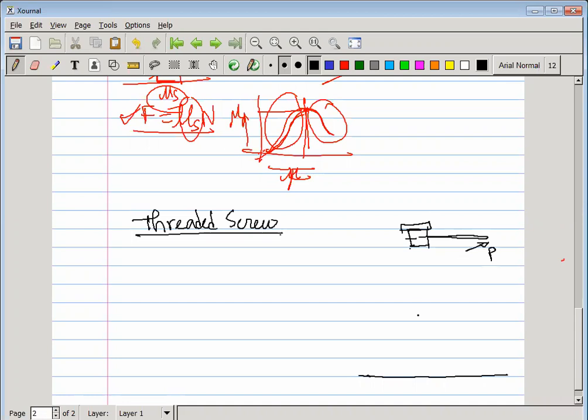Suppose you apply a load here, and this is the weight that comes from any body which is on that screw thread,